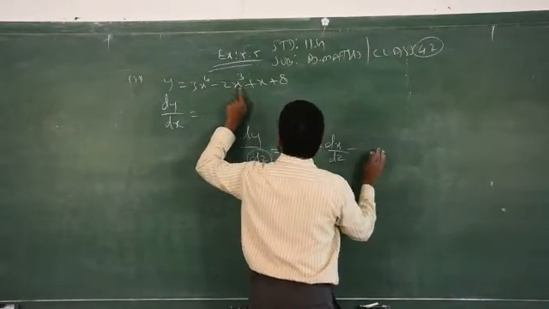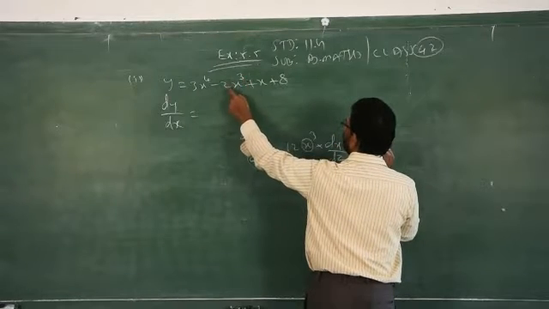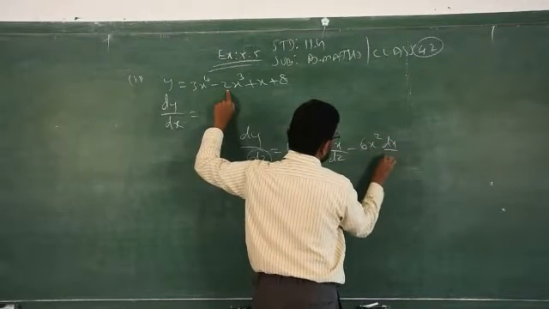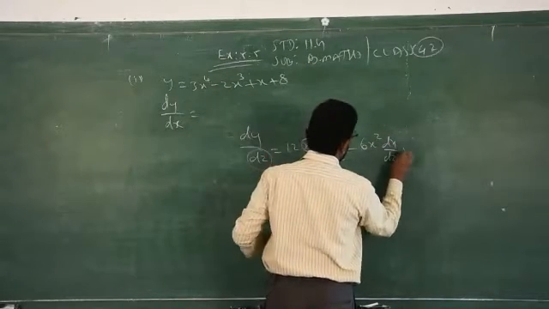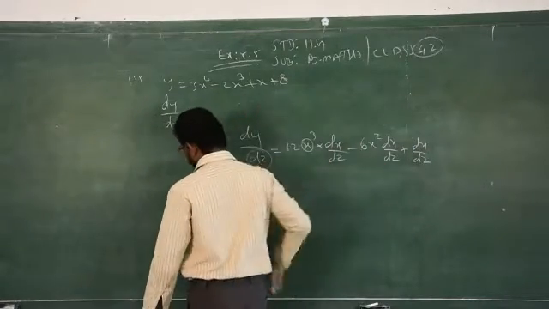2, that is the power. According to the rule, you have to take the power as a multiplier. Already we have 2, so 3 2s are how much? 6x power 2 dx by dz plus dx by dz. So, this will be,